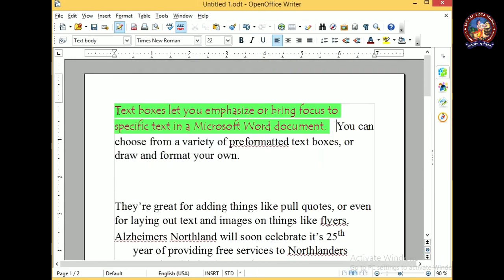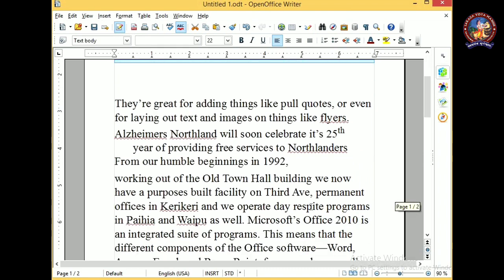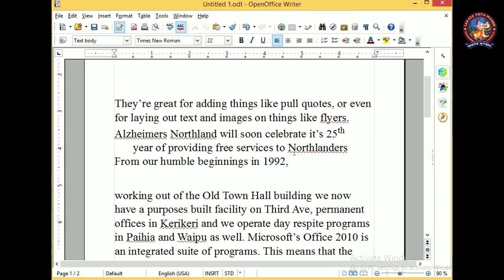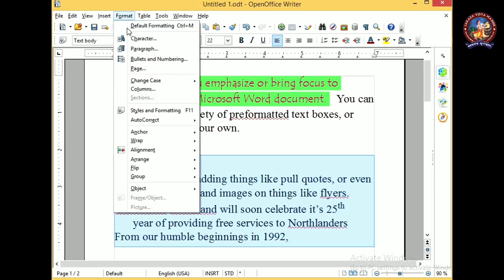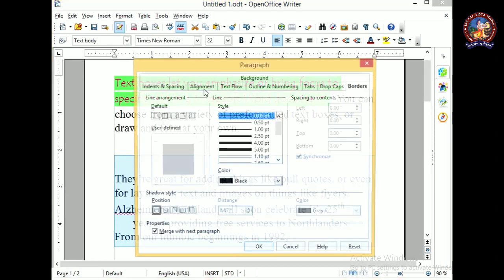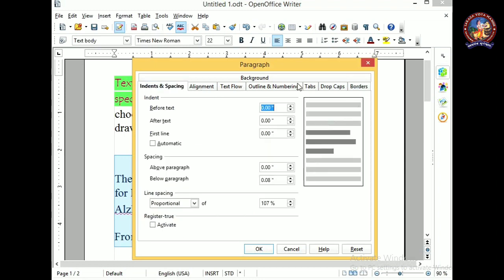First one is, this is our paragraph, so we format this paragraph only, or let's take some portion of this from here. So we will consider this as a paragraph and we will format this paragraph. So for that, again go to the format tab and click on the paragraph. So a paragraph dialog box appears. There are various options. So what are these options?